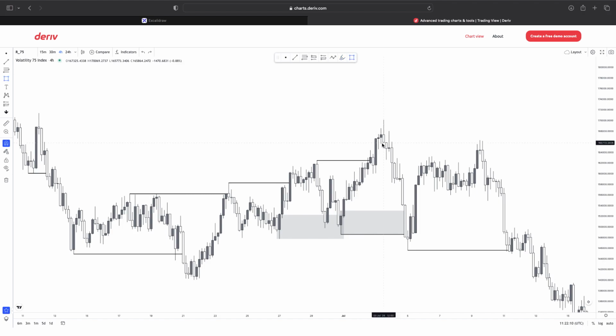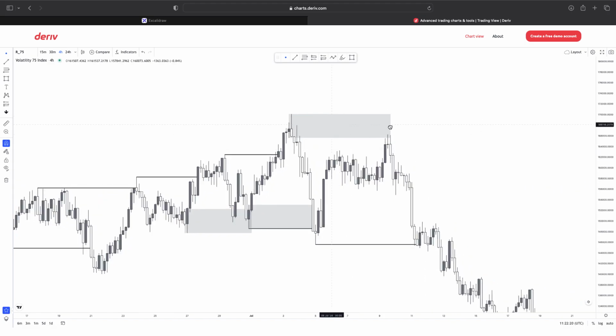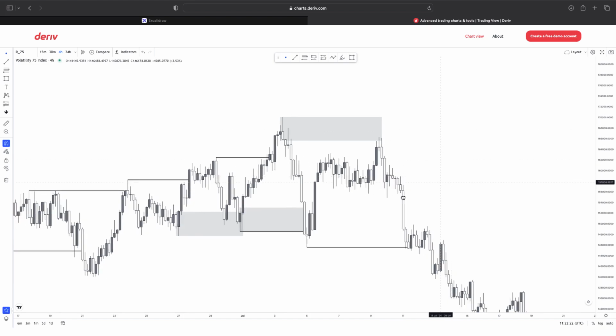So we do have this extreme area of supply, also regarded as the bearish order block. Price creates a break of structure, so we would have to wait for price to return all the way to the extreme. Do not forget, if ever you want to validate whether your order block is a valid order block, in this case we are currently bearish,